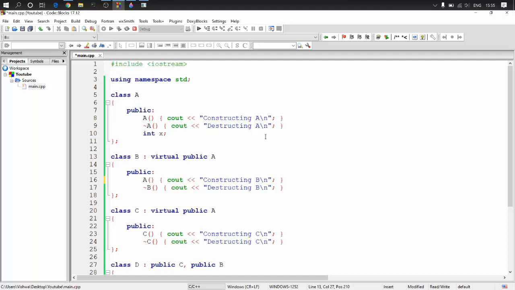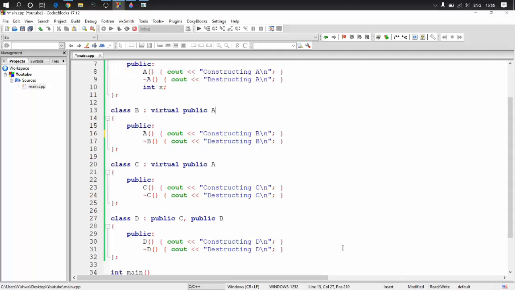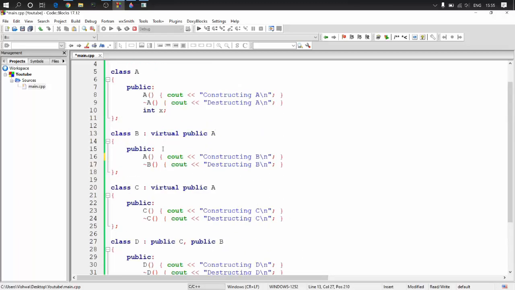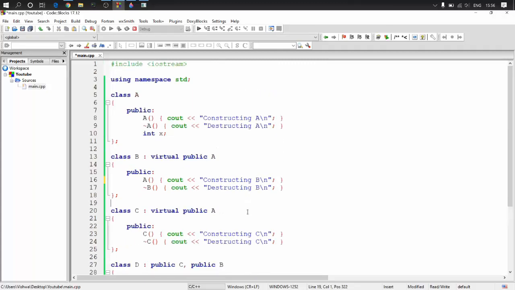Alright, so that solves the problem of maintaining multiple properties, and we generally don't actually want multiple properties of the same thing unless in really rare cases, right? So in rare cases, are you going to access the properties of A and B through D? It's very rare that you're going to access this, but in case you want to access it, this is the solution. You need to make it virtual, right? So that's about the diamond problem.